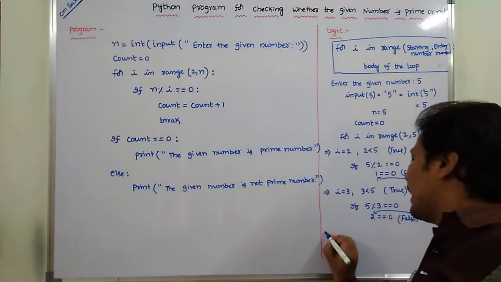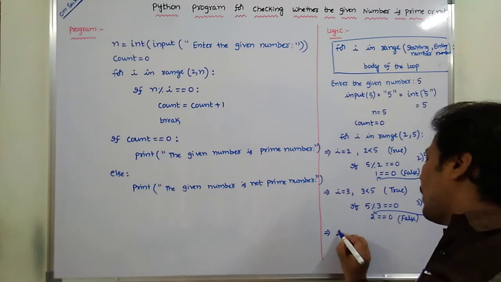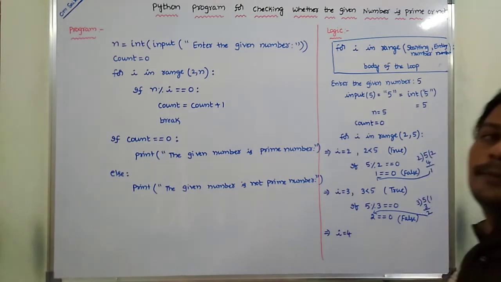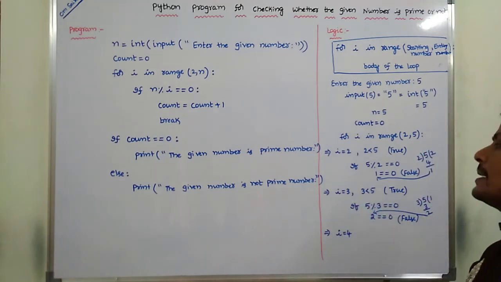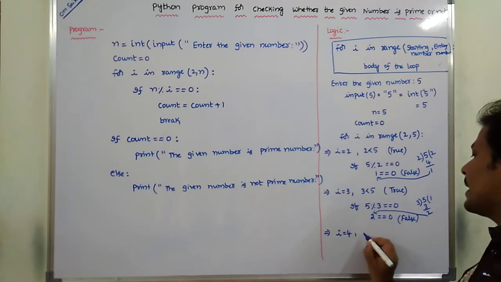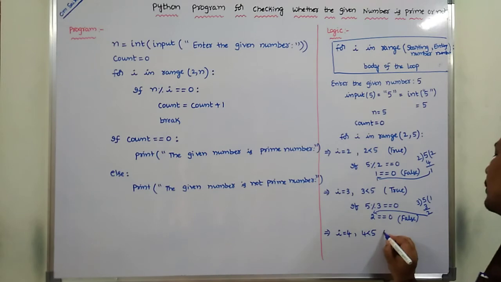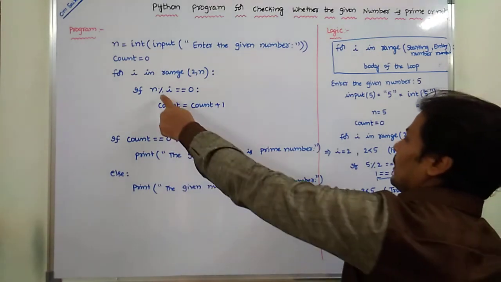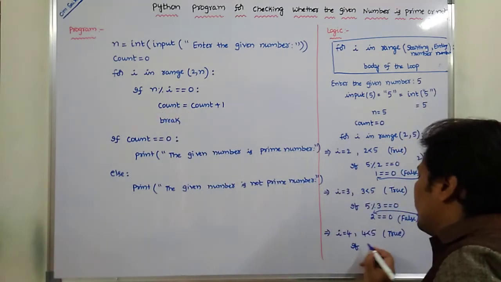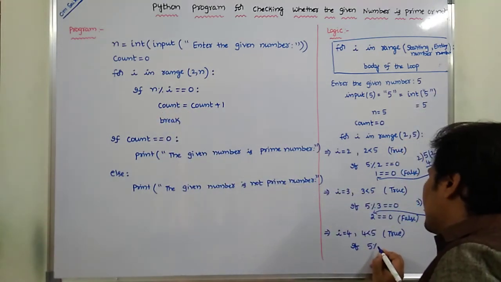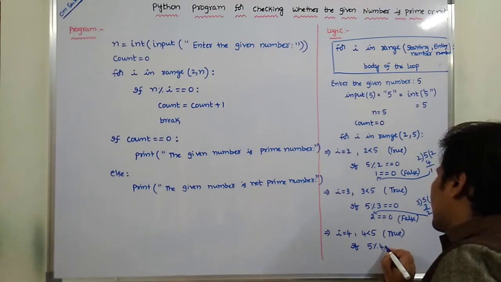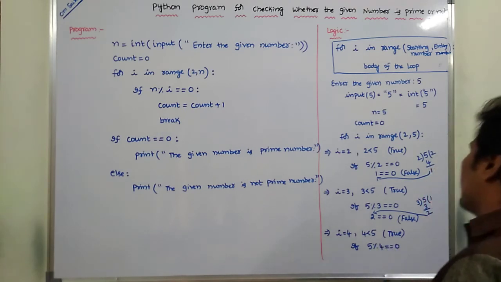And I value is incremented. Now I is equal to 4. Previously I is equal to 3, it is incremented, I is equal to 4. 4 less than 5, condition true. If the condition is true, the control goes to the body of the for loop.